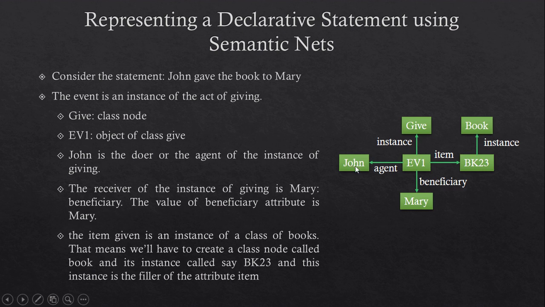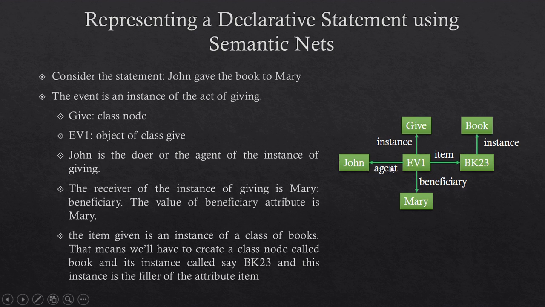Why did we decide to call it agent? Why not doer? Or for that matter, why not anything else? We could name it whatever we want and we find appropriate. In fact, this instantiating a class and selecting its attributes in a semantic net is the same as choosing a predicate and deciding its argument names in predicate logic.